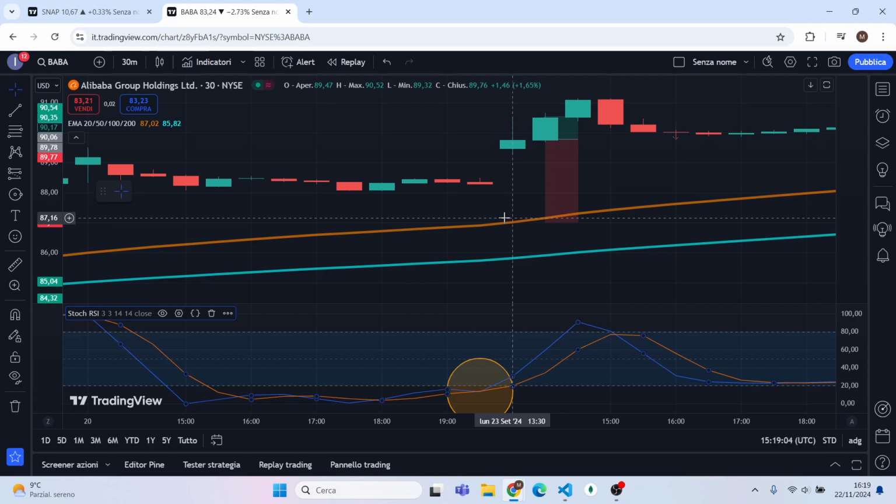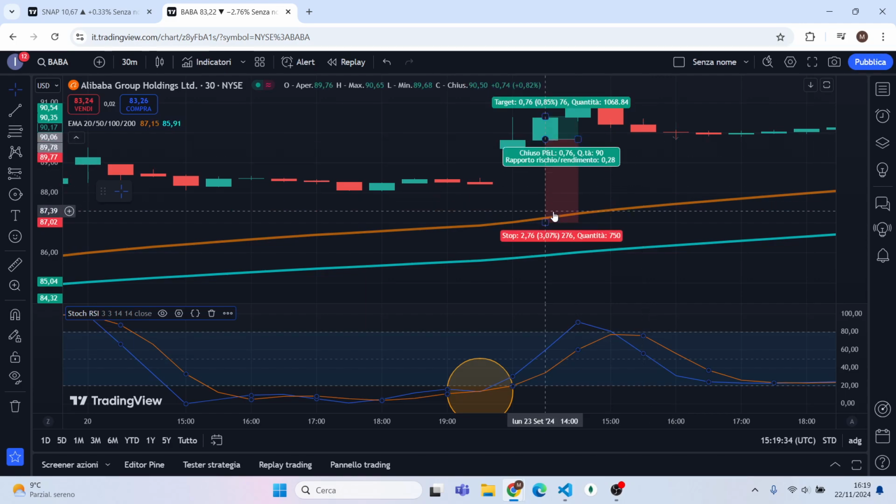So you will have to check for only 2 conditions. The first one is to check that the EMA 50 is above EMA 100 and they are increasing, and as you can see here it happens. The next condition is to check that the blue line goes above the red line below the 20 level. So there must be a cross and it must happen below the 20 level, and as you can see it happens. Then you can open your position at the next candle open,